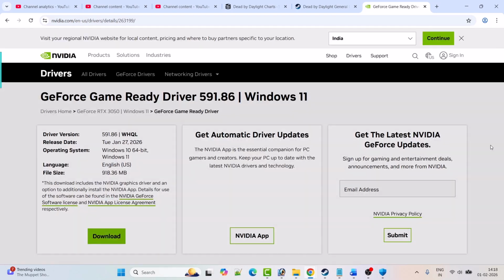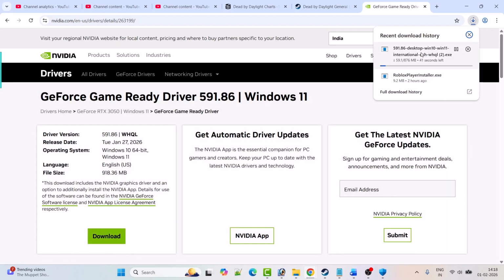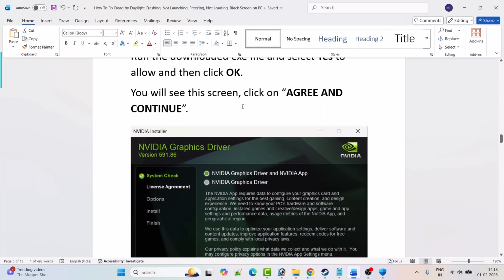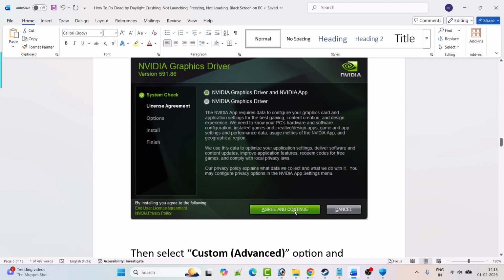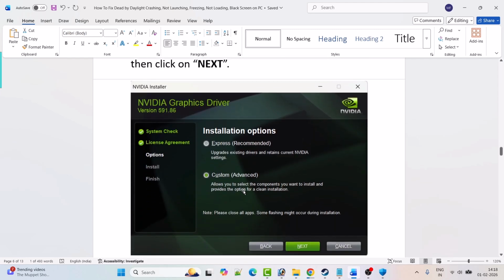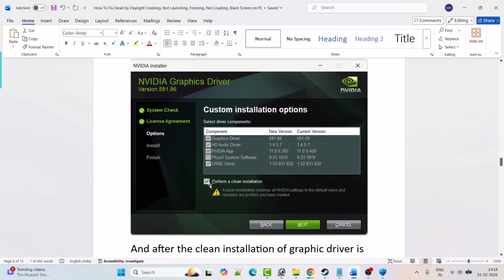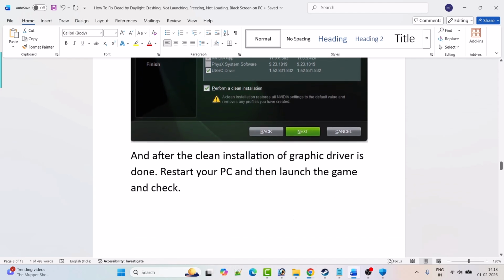So click on view, then click on download. And once this exe file gets downloaded, then run the downloaded exe file and select yes to allow and then click OK. You will see this screen. Click on agree and continue. Then select custom advanced option and then hit on next. Then tick mark perform a clean installation box and then hit on next. And after the clean installation of graphic card driver is done, just restart your PC and then launch the game